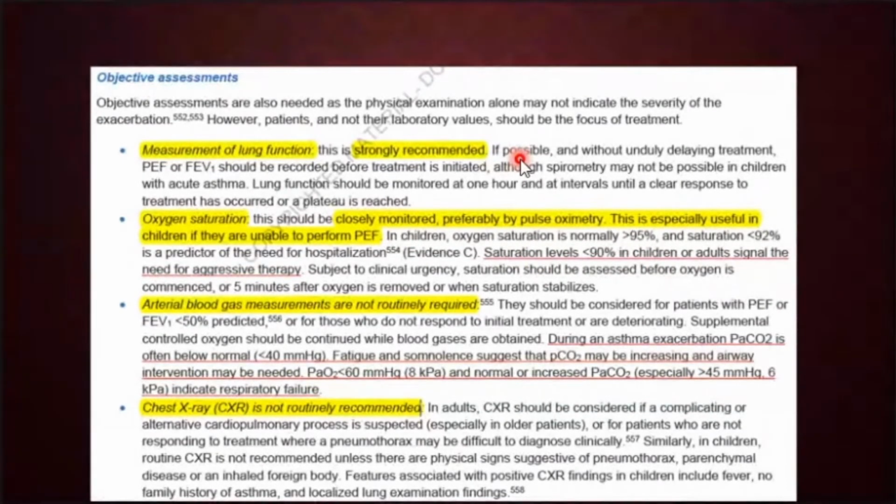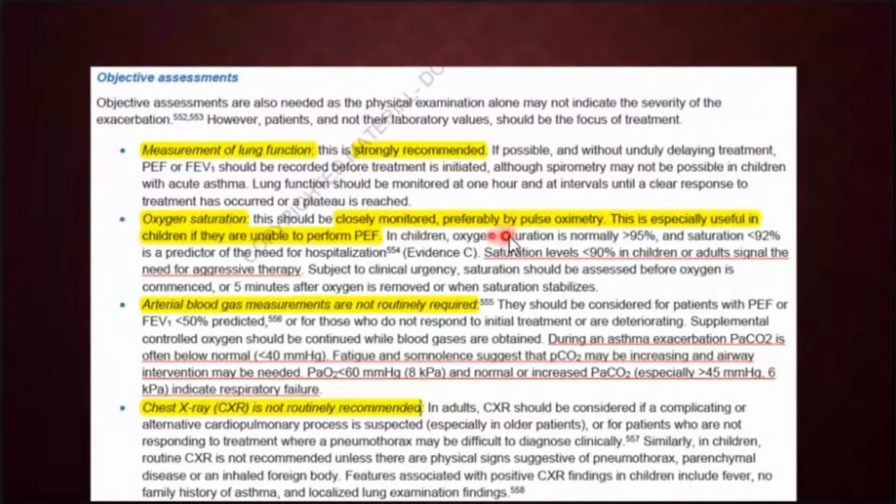Basically, what the patient needs to do is just blow as hard as possible into that for at least 10 seconds. That will give you the maximum flow rate, the peak, the maximum speed at which the patient is able to generate the breath. And on that basis, we can at least compare it with the patient's baseline.